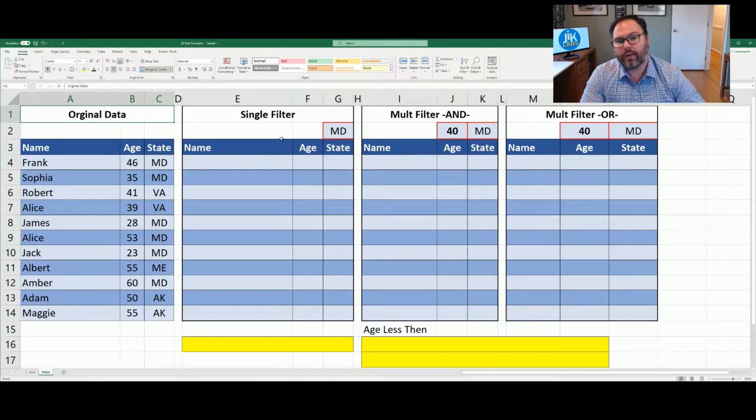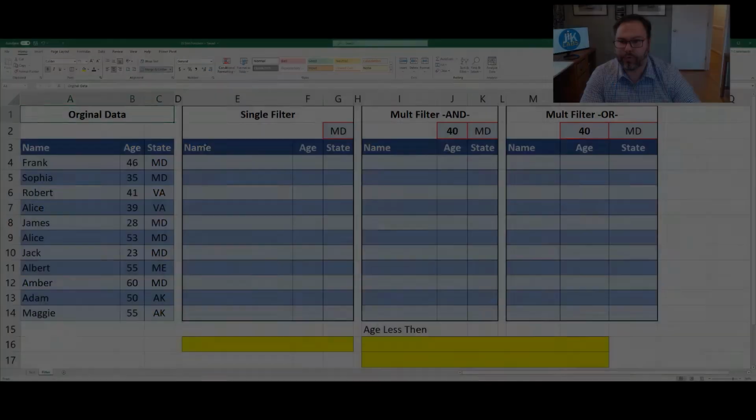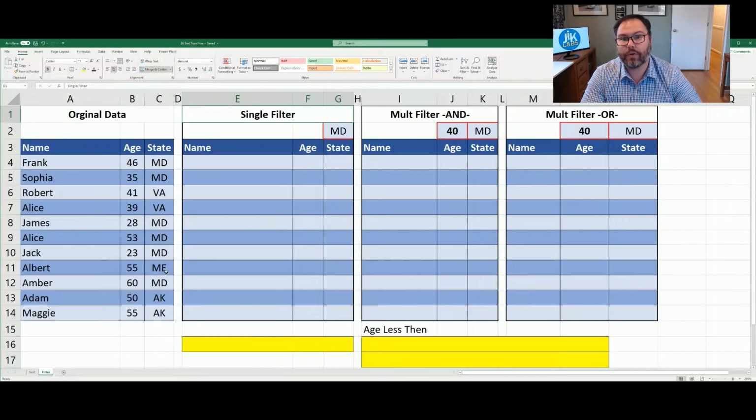So what does the filter function do? Well, its name says it all. It filters for us. So let's jump right into it and look at some examples. Right now we will look at a single filter, and we're going to filter by this field, G2, which is Maryland. So we're going to come in here, hit the equal sign as you do for all equations, type in